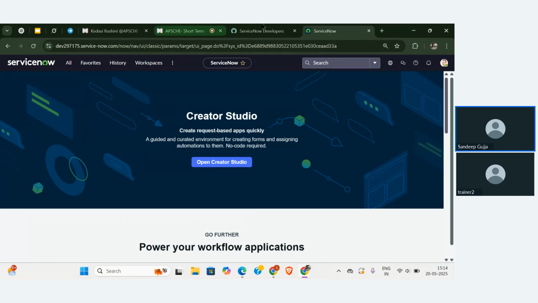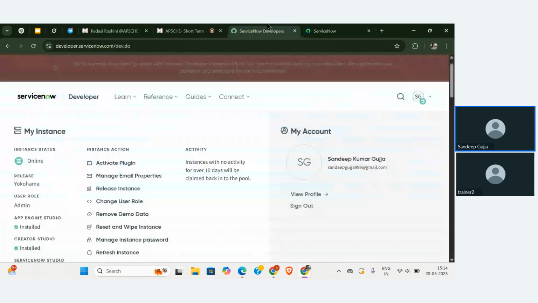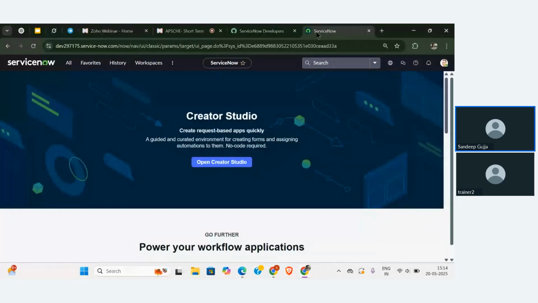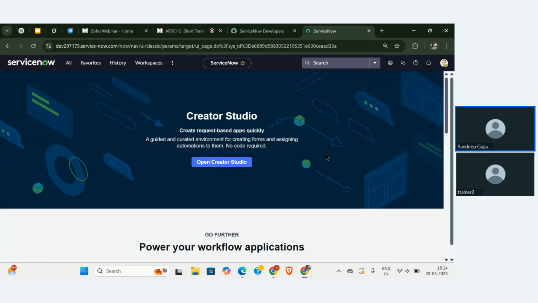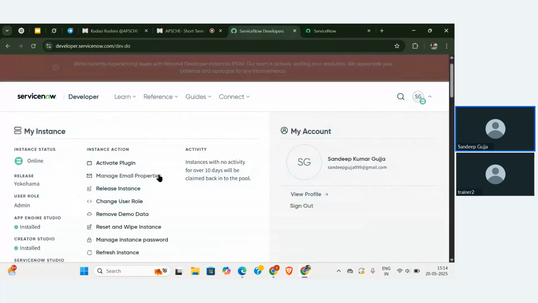For that, you can go to change user role, click on it, and change the role from App Engine Studio to admin. Then you're going to see the same interface that I'm seeing now. You can even check that if you click on the user profile, it shows the system administrator is logged in as my user. That is the major purpose of change user role.